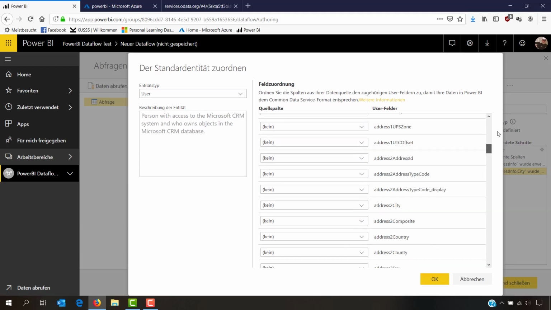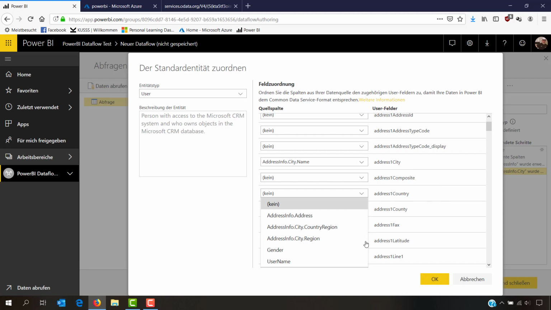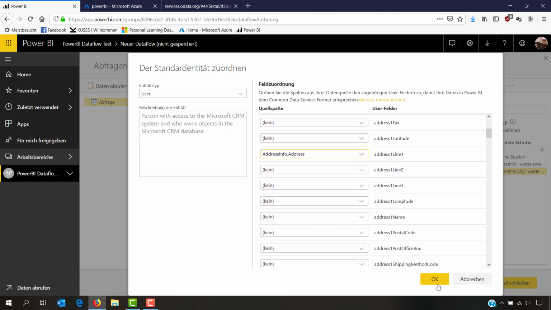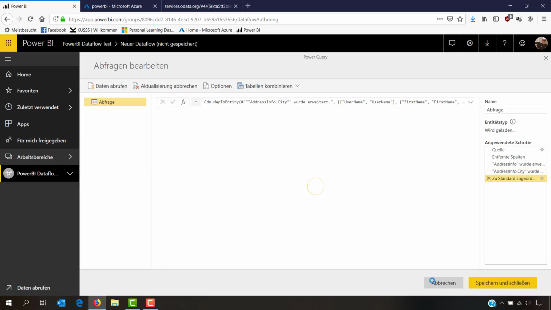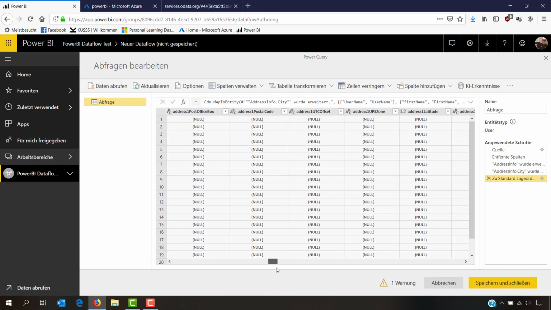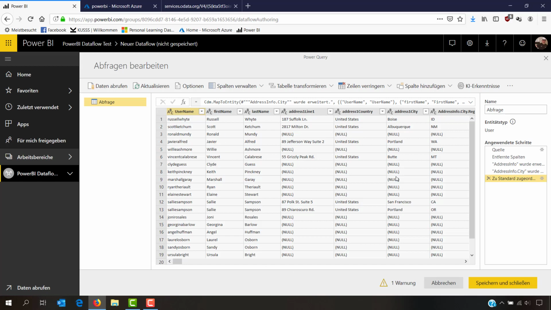And we can enrich this here by also assigning, for example, here's a city name to the city, the country to the country region, for example, the address line to the address here. Let's say OK. Looks good. You can see here these are all the fields from the common data model, but they don't need to be filled. Let's say save and close